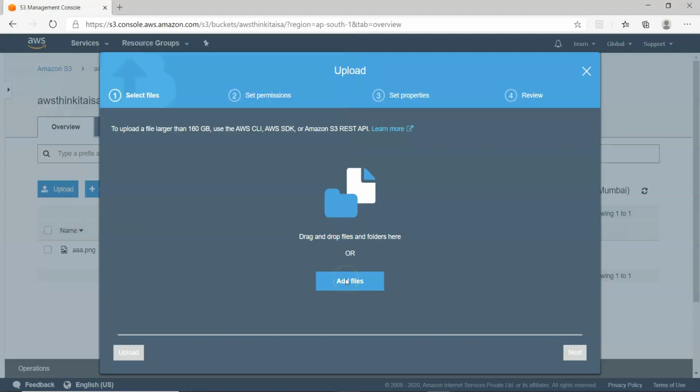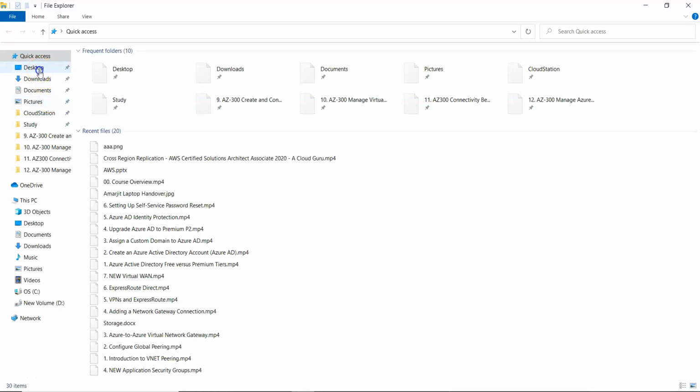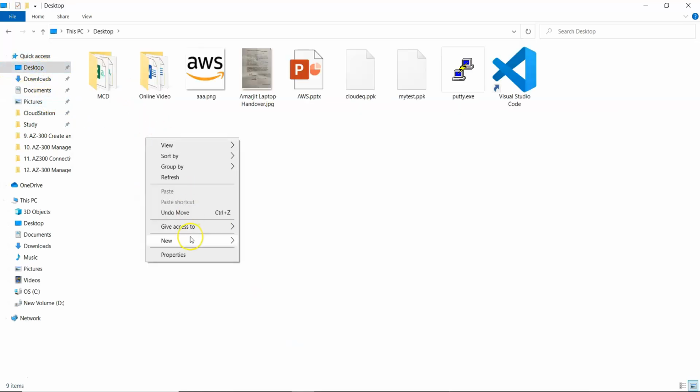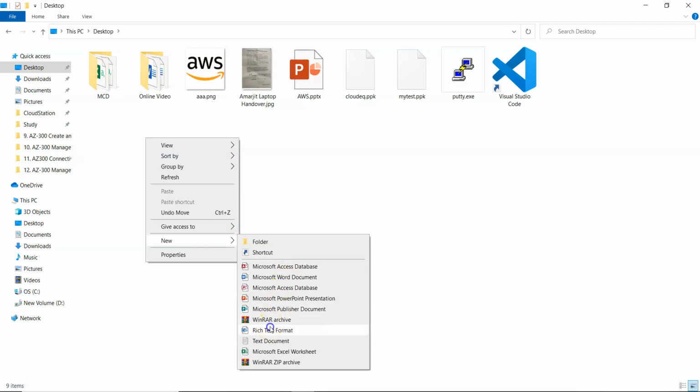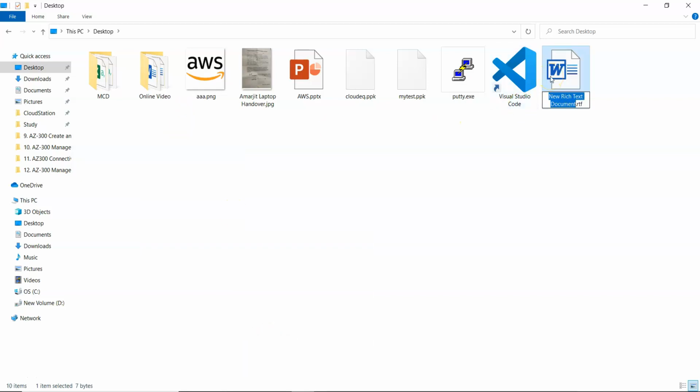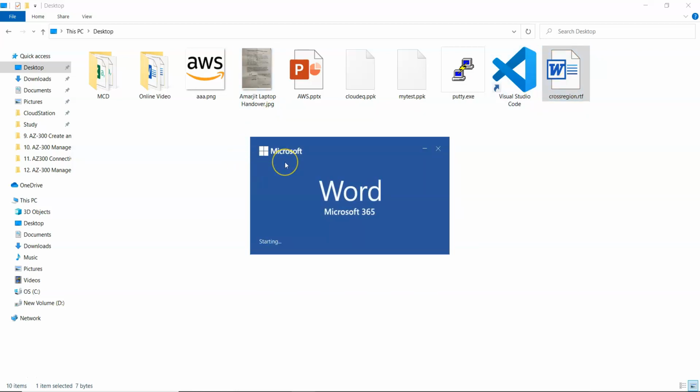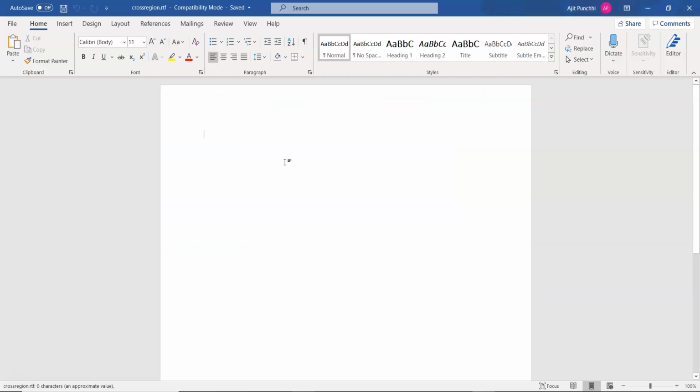What I'll do is create a new document for testing purposes on the desktop, with the name cross region, and open this file and type this is a testing file, and I'll save this file.